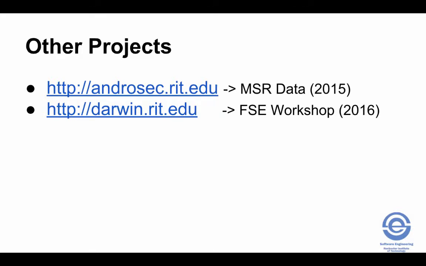Some other projects I've been working on are the Androsec project, which resulted in an MSR data paper in 2015. This project created a data set of open source Android apps. So what I did, working with a student, is we collected about 4,000 or 5,000 open source version control repositories from F-Droid, and these are GitHub repositories in F-Droid, and we analyzed them and made them available